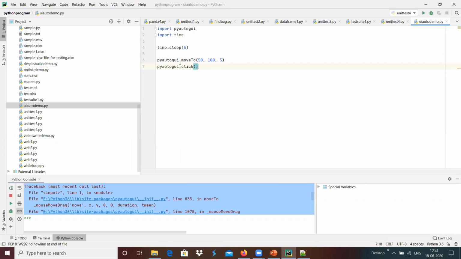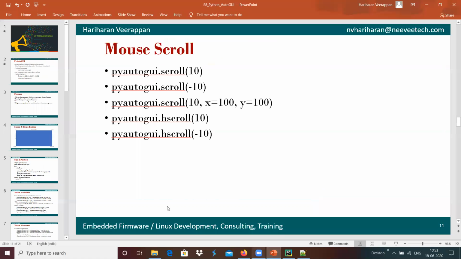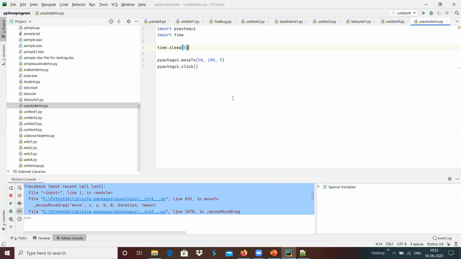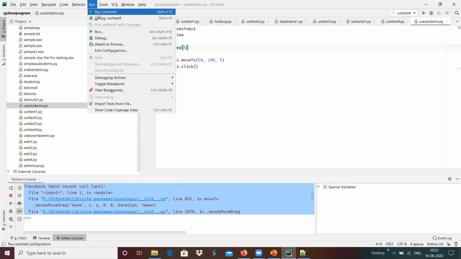And why have we given the sleep? For example, we are running with the PyCharm IDE, but we wanted to do the test automation on Microsoft PowerPoint. With this, we have considered it as an application to test. In our case, that we wanted to do that, I'm going to use this as the option to run it over here. I'm going to run